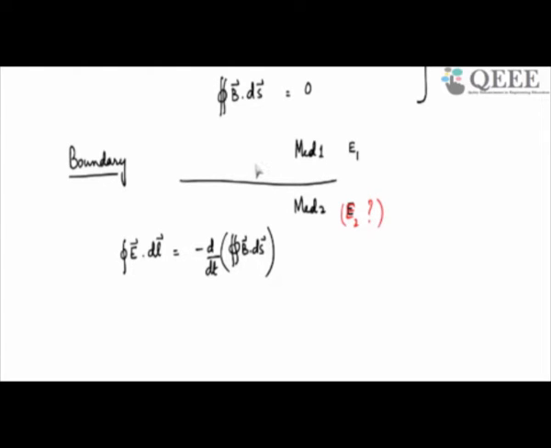My electric field in medium 1 could be in this direction, and I want to know what E2 is in this direction. Is it going to be the same? Is it going to be different? Medium 1 and medium 2 are different. When you say they are different, you have to ask yourself how they are different. So I am saying that epsilon for medium 1 is epsilon 1, epsilon for medium 2 is epsilon 2, mu for medium 1 is mu 1, and mu for medium 2 is mu 2. So they are different in terms of epsilon and mu, the material properties,